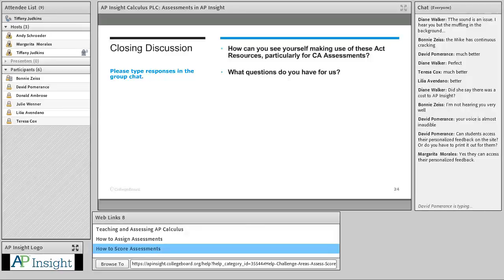I know it might seem overwhelming at first, but the best way to get to know what's there is to just root around and see what's available. Try not to overwhelm yourself with thinking, okay, I have to do all these things in sequence or for an entire unit. Remember, this is a flexible set of resources that you can use in ways that you think are going